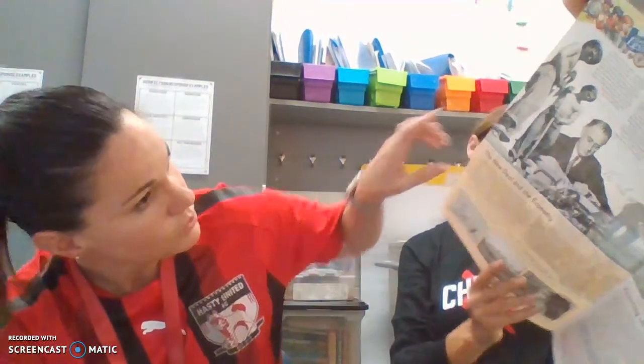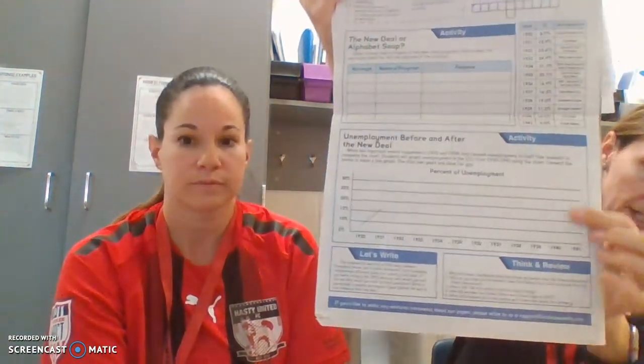To help you with this assignment, you can read in the newspaper the portion that says New Deal or alphabet soup. Oh, there's one that talks about the New Deal. There it is, at the top, where it says the New Deal. So this article inside will help you answer the 5 acronym portion on the back of the newspaper here in the middle.